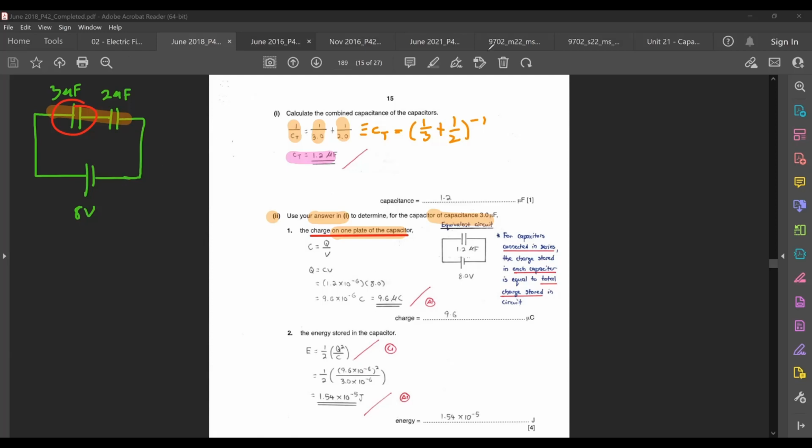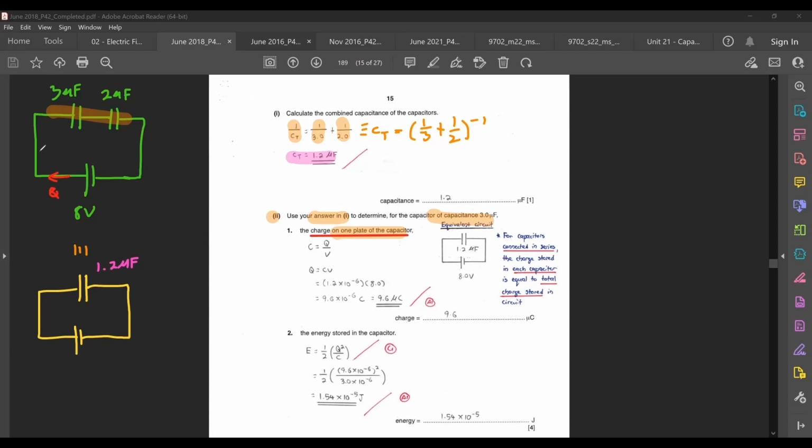The easy way to do this is to again simplify your circuit. I can simplify those two capacitors as a single capacitor, where it is now something that looks like this. Okay, so you already found out the capacitance value here is 1.2 microfarad. So right now, if you want to find out the charge on one plate of the capacitor, this one you can think of it as